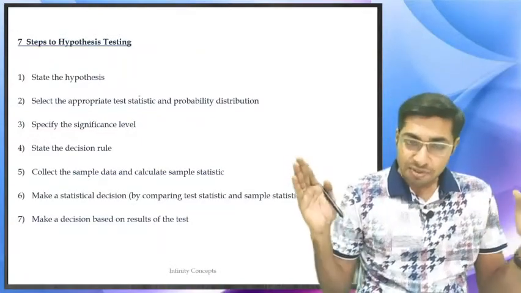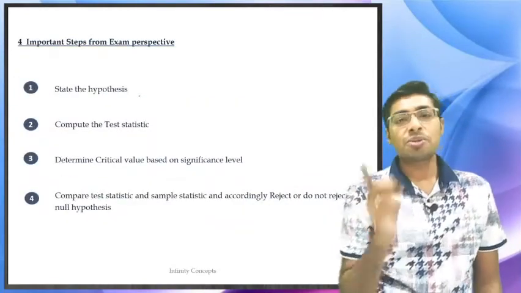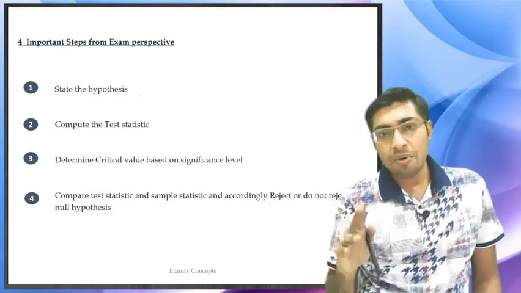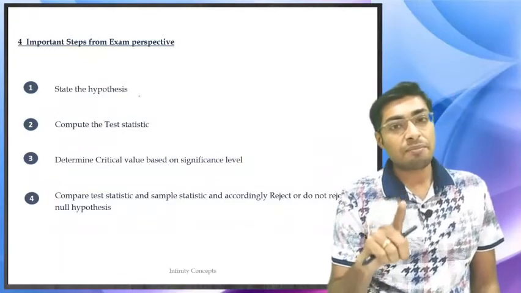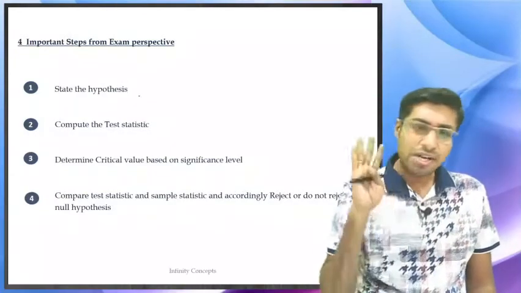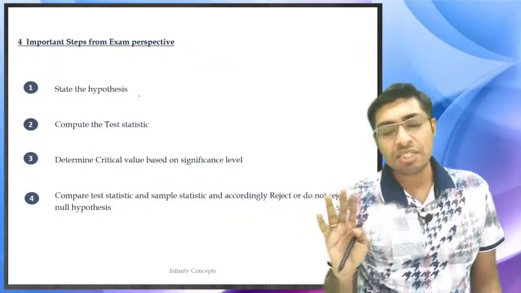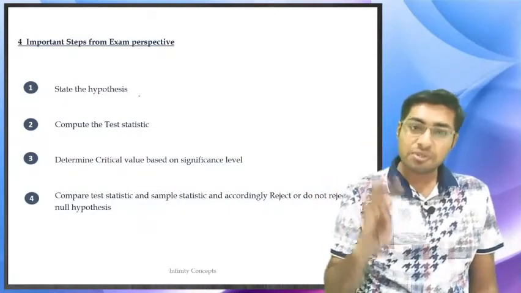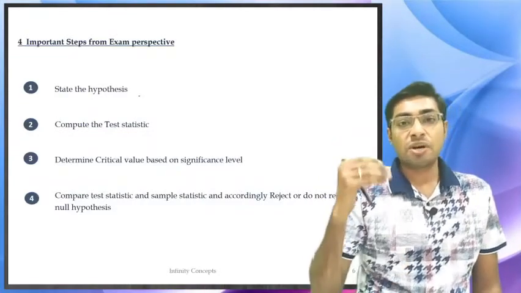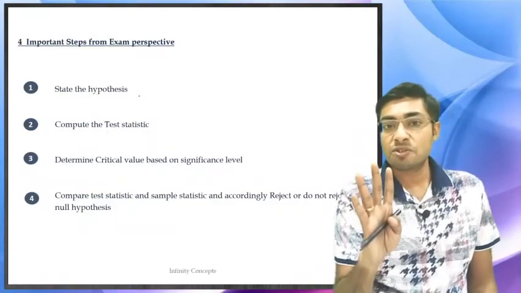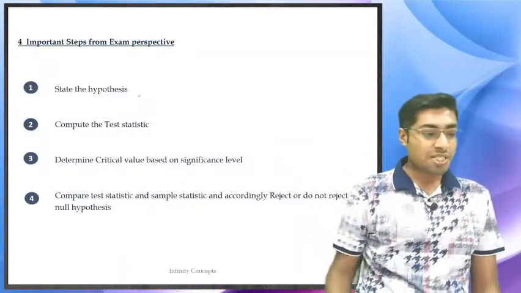Now these 7 steps we are going to condense into 4 steps which you need to remember. Those are 7 steps, but they are overlapping somehow, and therefore I have cut them short into 4 steps which you need to remember in the exam as well. Always only 4 steps. Don't go by the textbook or whatever study material you are using. There are 7 steps over there, no doubt, but from the exam perspective, whenever you are reading the question and solving the problem, 4 steps need to be in your mind. You do these 4 steps and you come to the answer. What are the 4 steps?